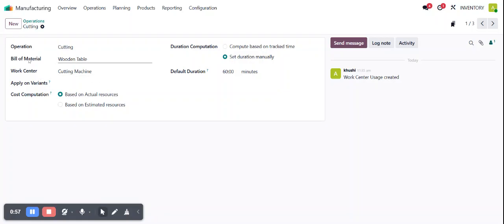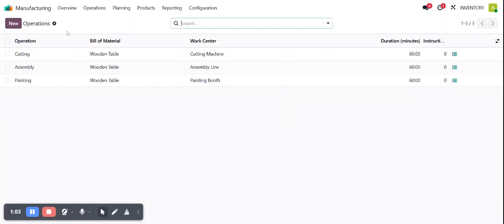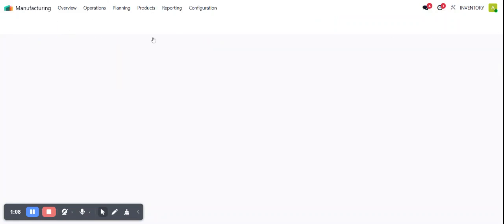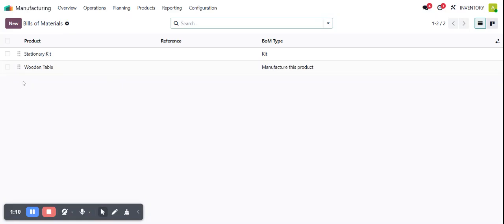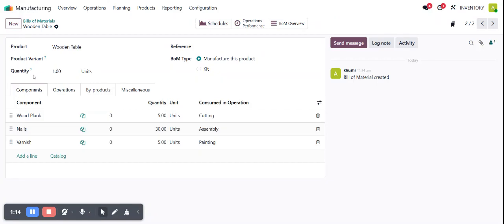Here you can see that in the operation I had selected my product. Now you have to create the BOM for your product. So go to the products and then click on bill of materials. Here you can see that I have already created the BOM for my product, and the components are wood